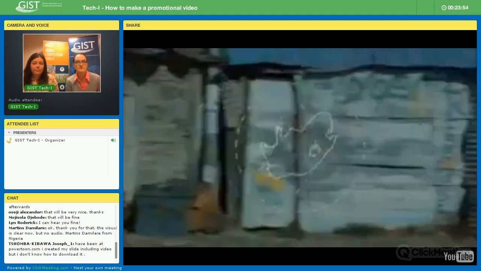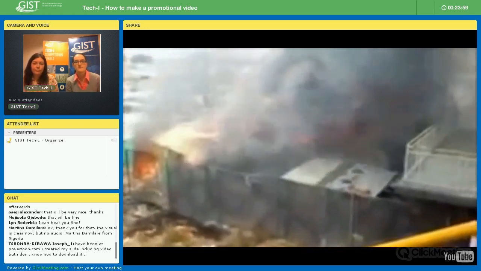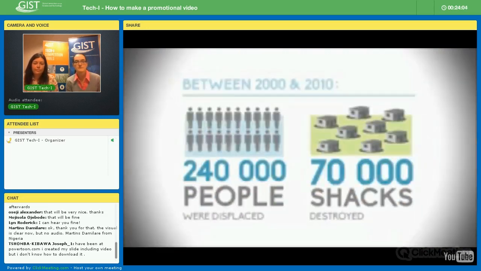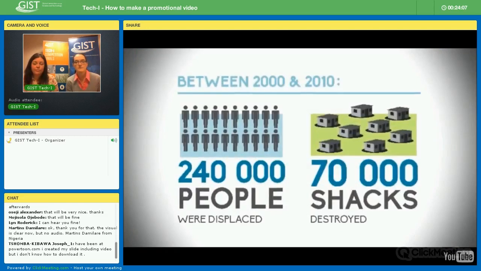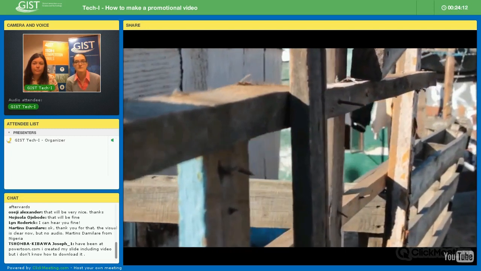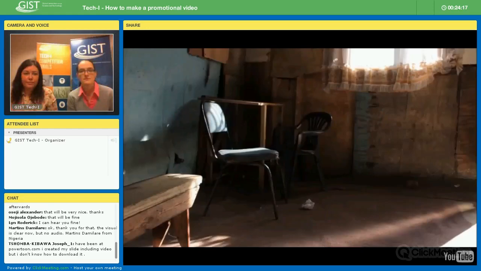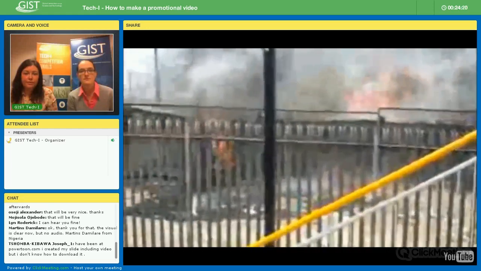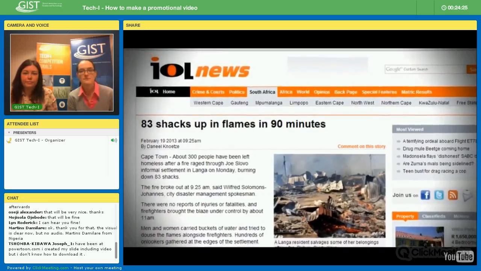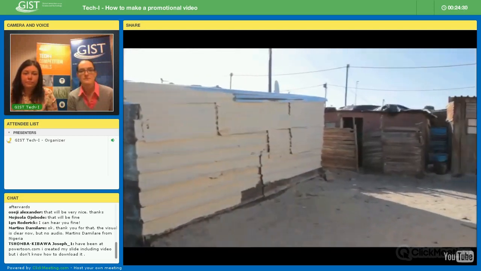In South Africa alone, shack fires account for more than a quarter of all fires and take more lives than all others combined. Between the years 2000 and 2010, more than 240,000 people were displaced, and just under 70,000 shacks were destroyed. For people already living at the margin, the loss of property has dire financial effects and further entrenches cycles of poverty. Shack fires pose a serious development challenge, one that can be prevented with fast detection and quick action. This is currently unavailable. Kusela aims to change this.